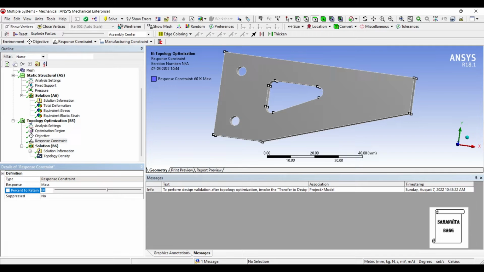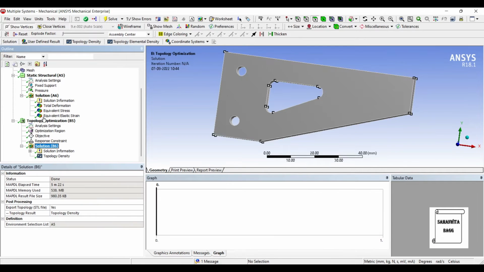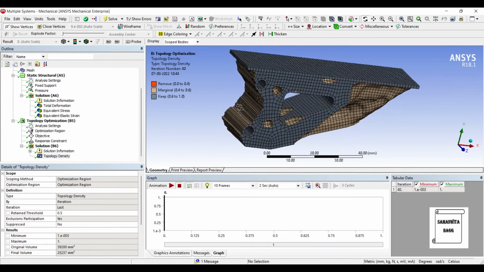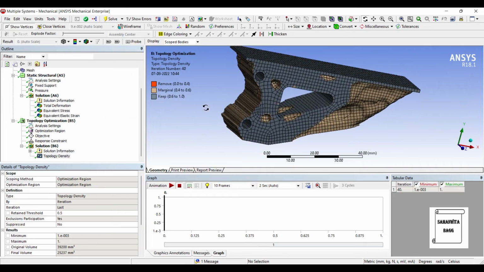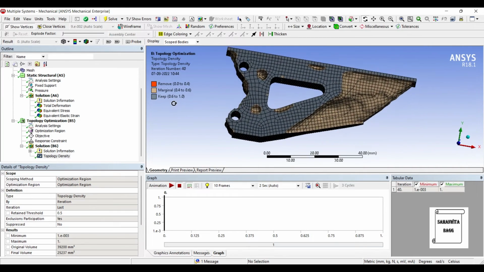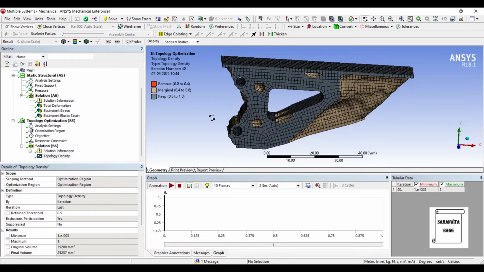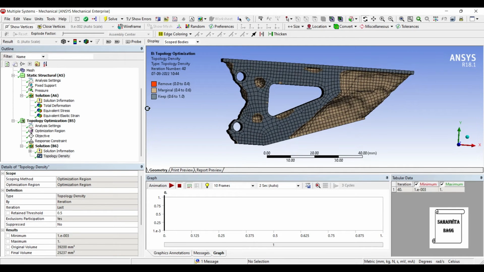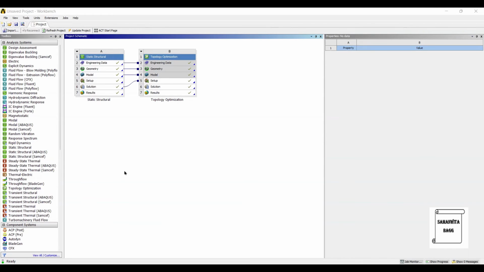mass. The mass that you don't want to have is 40% and the retained mass is 60%. So if you wish, you can reduce this more, and you can say that you want to retain 50% or 40% of the material. So accordingly you will get a solution. Now I am doing a rough calculation, so I am leaving it at 60%. In the last calculation of an overhang beam, we had retained only 30% material, so I have retained 60% this time. So this completes the analysis here.